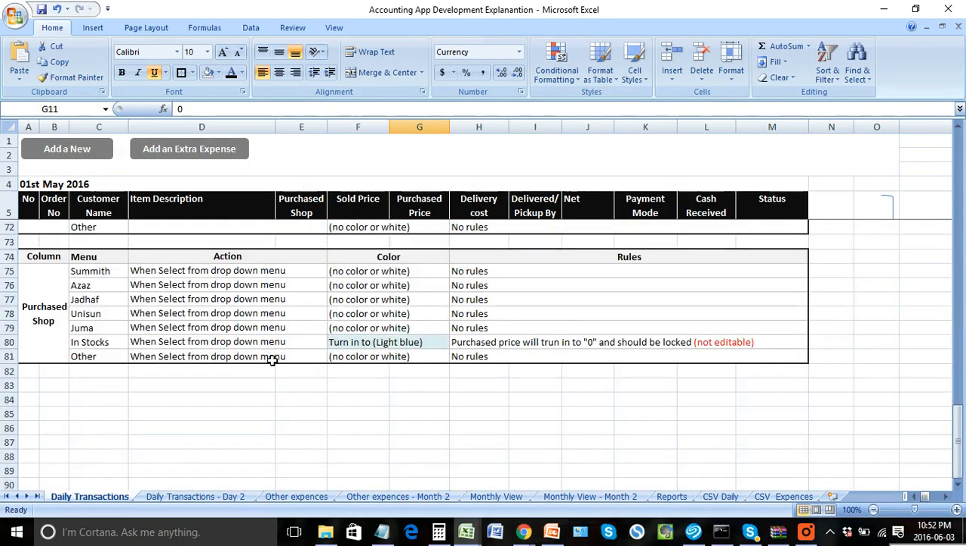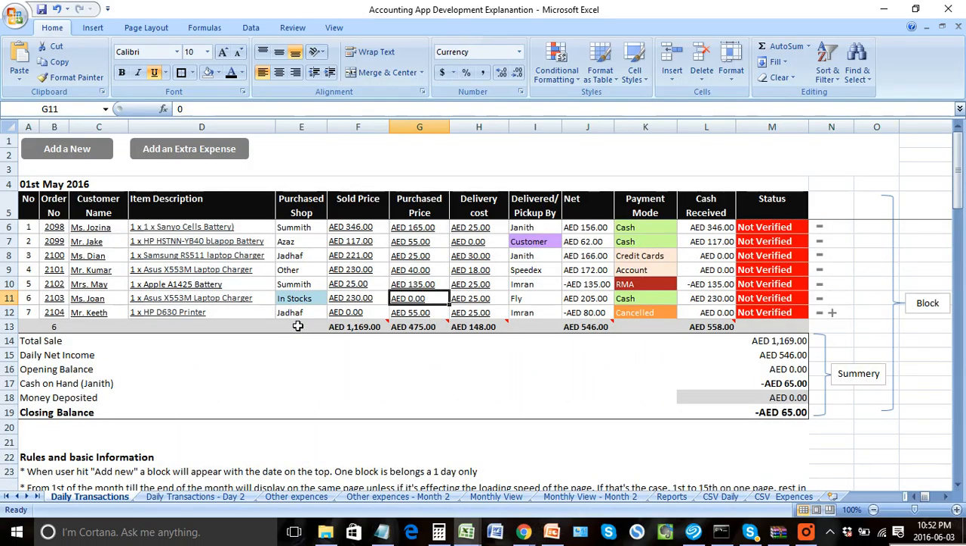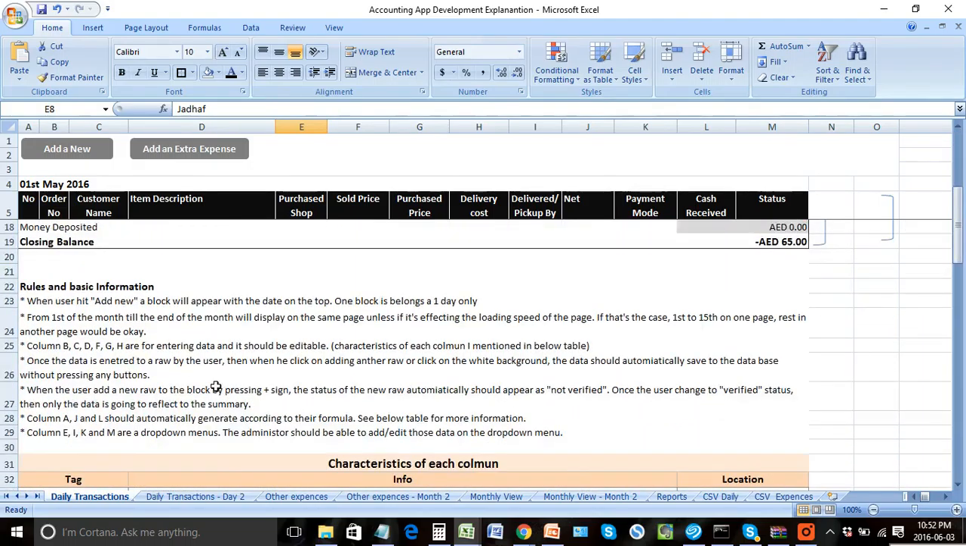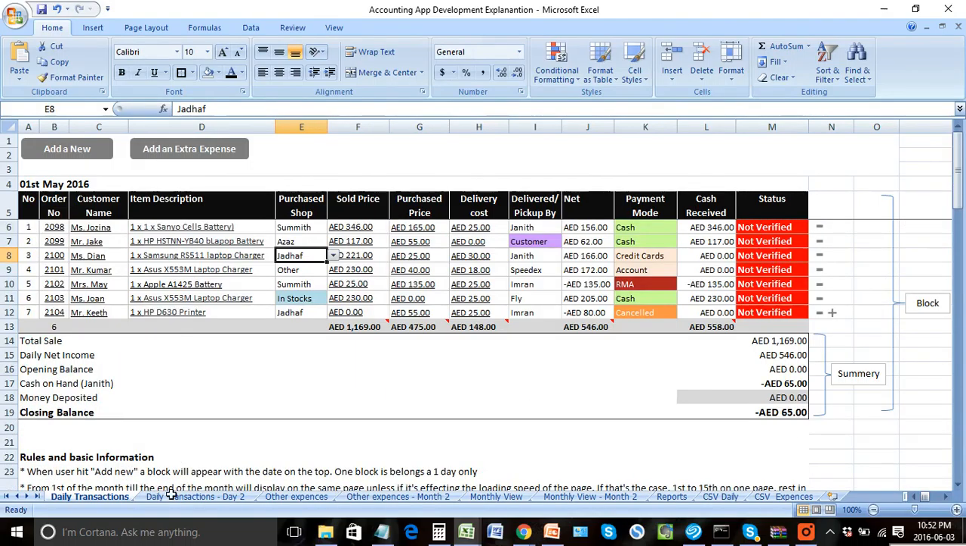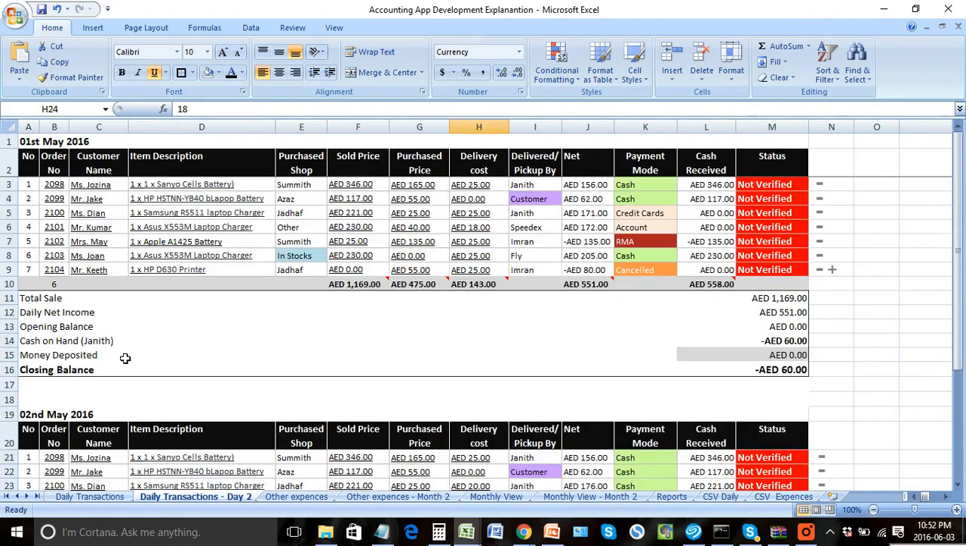So that's the hardest part, which is this bit. As I said, add new, and then having these buttons, and editability, and these formulas and rules, and then color changing. This is the hardest thing on this section, the daily transaction section. The other one is straightforward. Here I'm going to show you